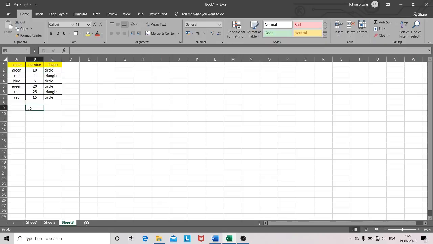So what I want, equals sum ifs, because for multiple conditions we have to use sumifs. Bracket open, from here to here. So that is the range I want to sum.